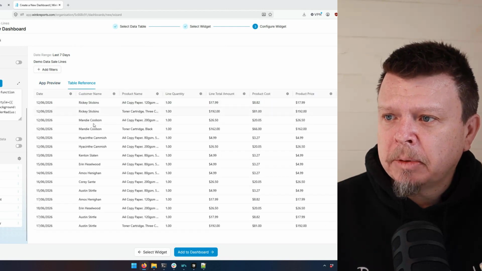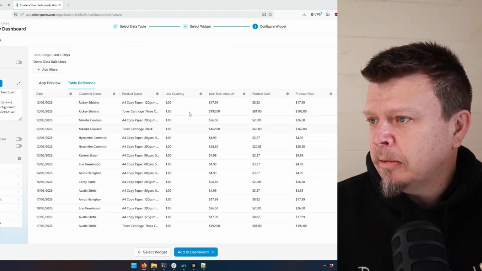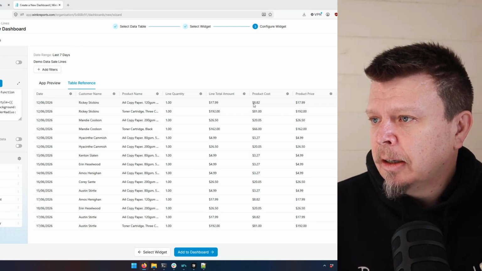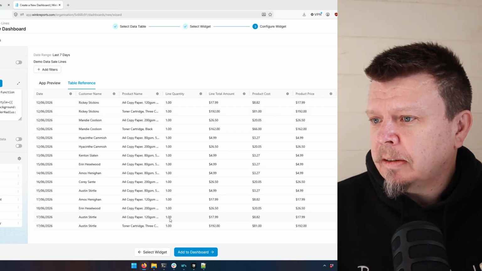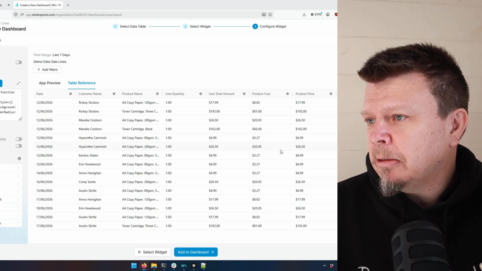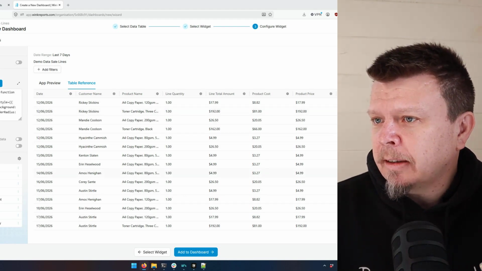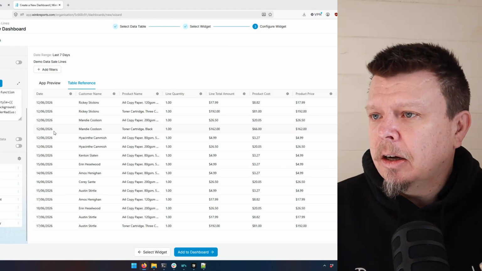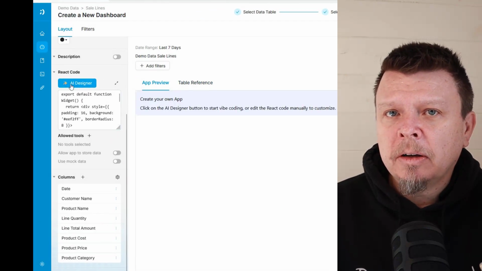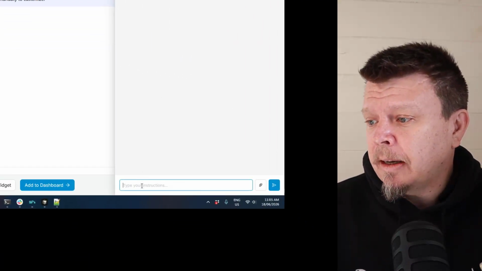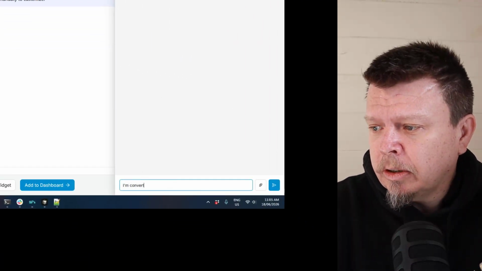I can click here on the table button and see that it has all the information in there that I need. So product cost, product price, and the quantity is there. Yeah, that's everything we need to be able to work this out. And there's the categories. Okay, so now I am just going to go to AI Designer, and I'm saying I'm converting